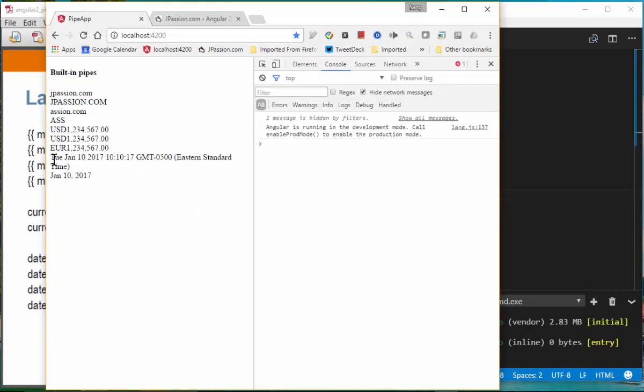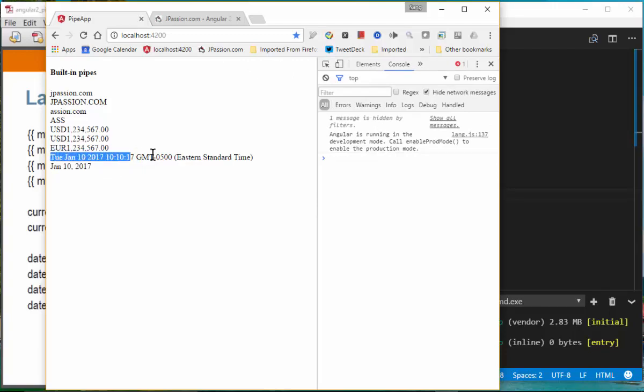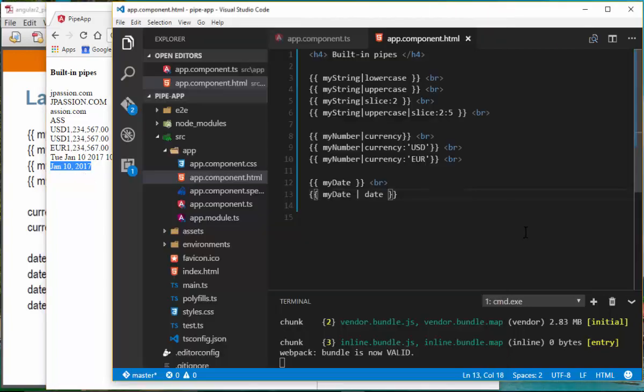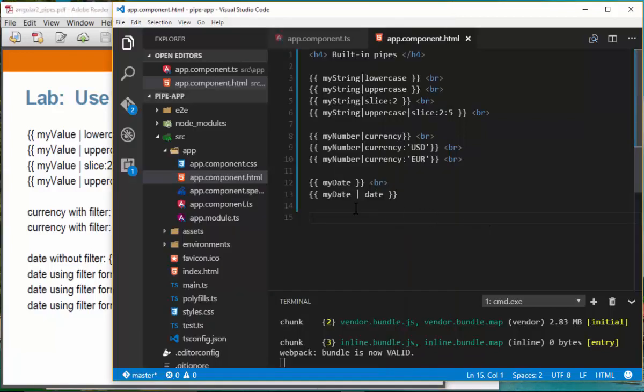Okay, so this is the default. This is what you get. But if I use the date pipe, then it displays kind of a shortened version of the date. Okay, so that's basically what it does. Now, let's actually talk about the full date, and you can specify the format like this. Okay, so full date,